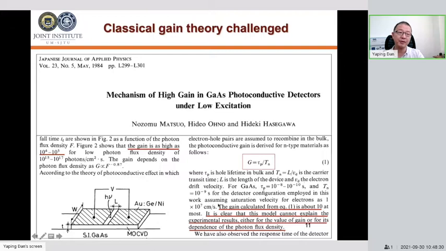So by this theory, the gain would be not more than 10. But in the experimental results, they actually measured the gain as high as 10 to the 4 to 10 to the 5. So it's clear this model cannot explain the experimental results, either for the value of the gain or for its dependence on the photon